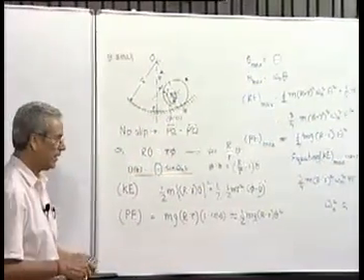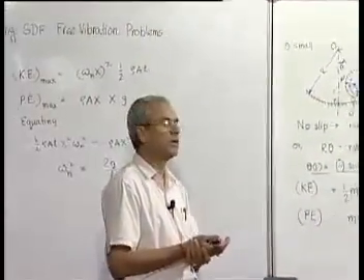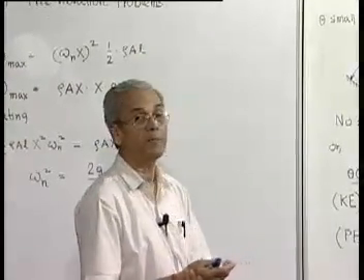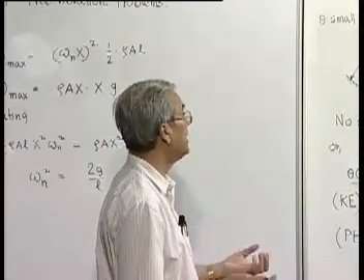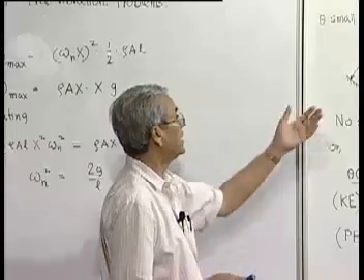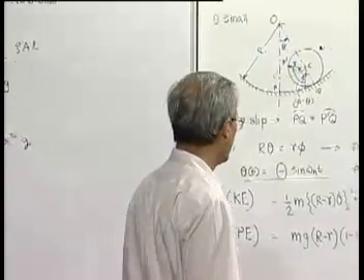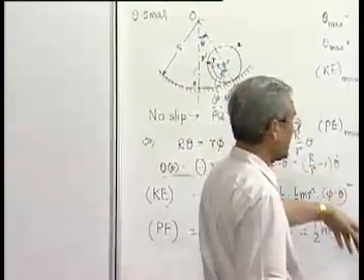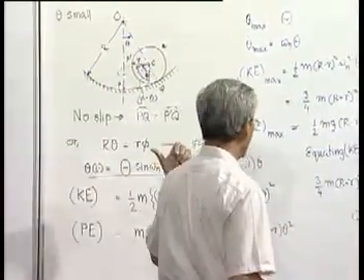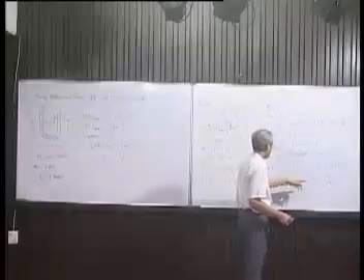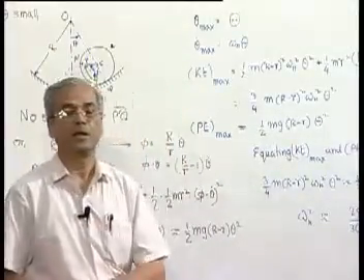So I think one should practice both approaches. Sometimes the Newtonian approach may be more convenient, but in many cases you will find that the energy approach also gives the result. You have to also keep in mind that these are all approximate solutions considering the small oscillation approximation. That's why we are always keeping this approximate